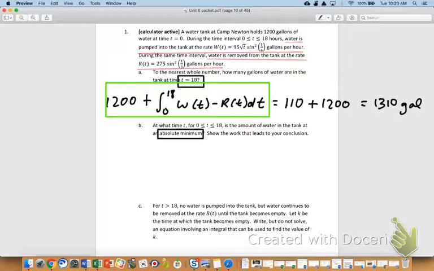I would like to give you a little hint here on B. If you have not written this down yet for B, this for sure needs to be on your paper somewhere. And this is how we find critical points. We set the net rate equal to 0. And that's a very important equation for us to write down, because without that equation, you don't get any critical points at all. So please, when you're setting a net rate equal to 0, write it down.